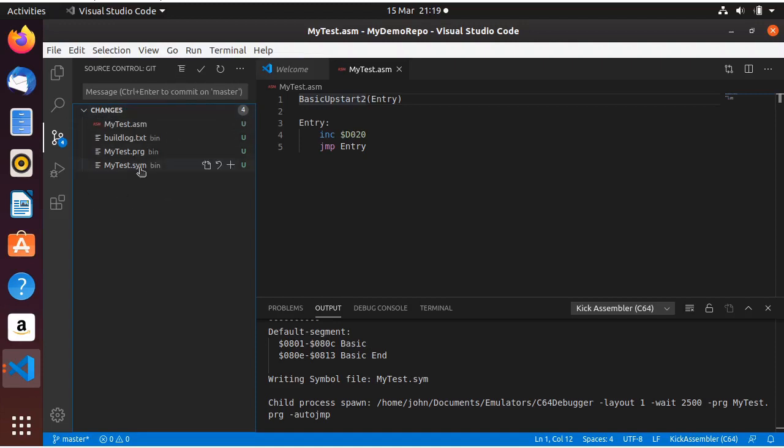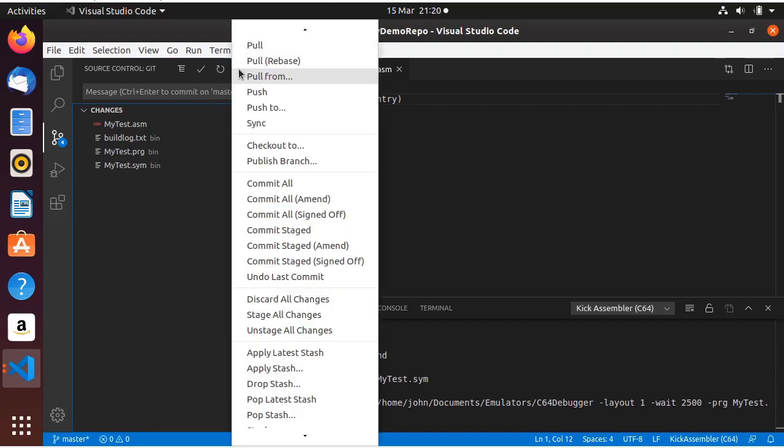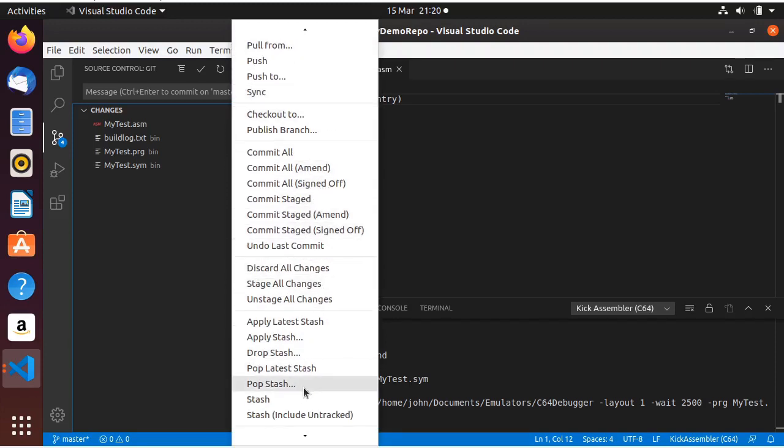The changes view basically shows you all the files that have been changed and that are different to what it knows or doesn't know in the repo. This allows you to commit files to the repository, and we'll do that in a bit. This allows you to refresh, and then this here has got all the other commands that you can do in